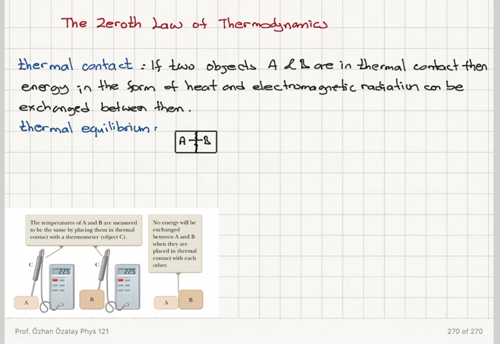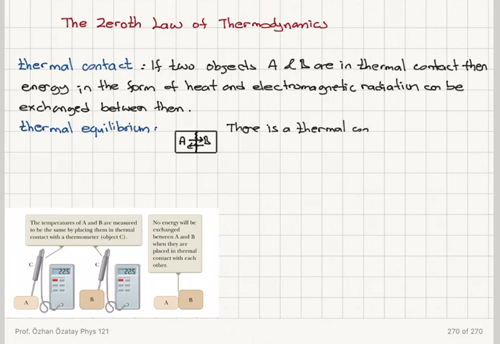So this is object A, object B. Because I have a thermal contact here, energy can flow from A to B, or energy can flow from B to A. If we find that there is a